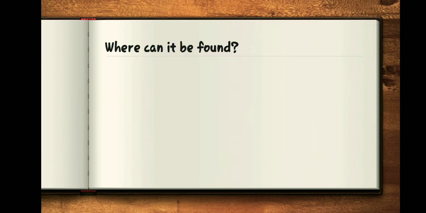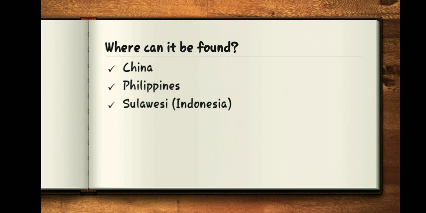Schistosoma japonicum can be found in several countries in Asia. Some of these countries are the following: China, the Philippines, and the Sulawesi Island in Indonesia. Despite being called Schistosoma japonicum, this type of parasitic trematode worm is already long gone in the country of Japan,